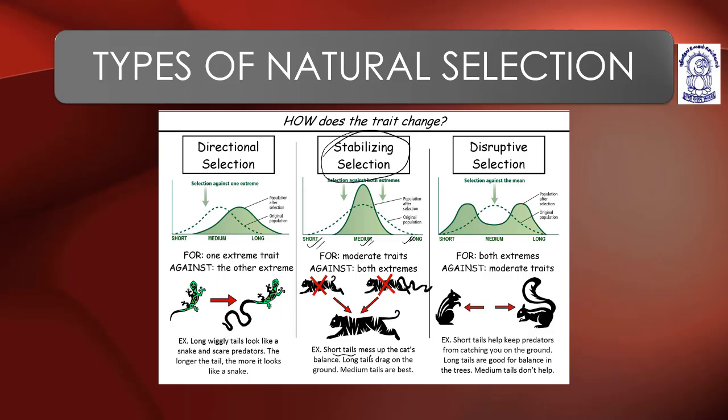increased. Short tails mess up the cat's balance. Long tails drag on the ground. Medium tails are best. Okay, so this is the example to make you understand the stabilizing selection. This is the population after the selection, the green one, and that was the original population, the dotted one. The dotted one was the original population, and the green one, okay, when I'll do like this, this is the selected one, and this dotted one is the original one, okay. So you can see the curve is becoming narrow,